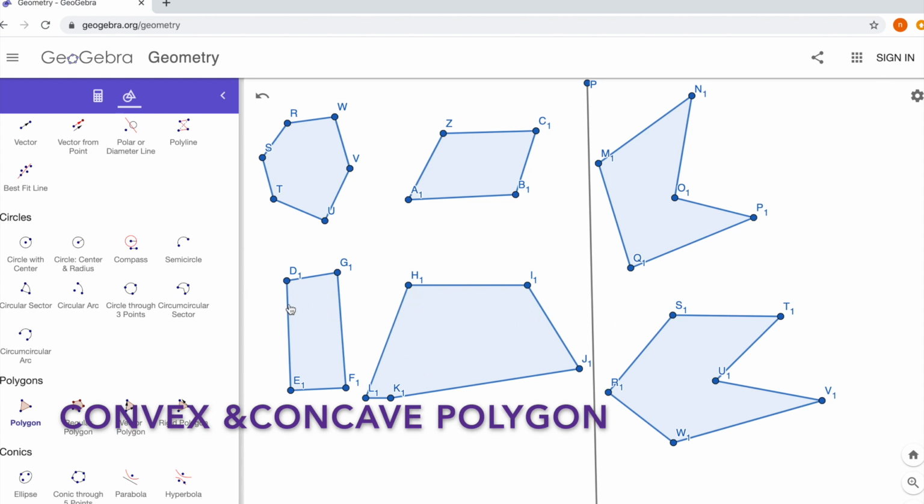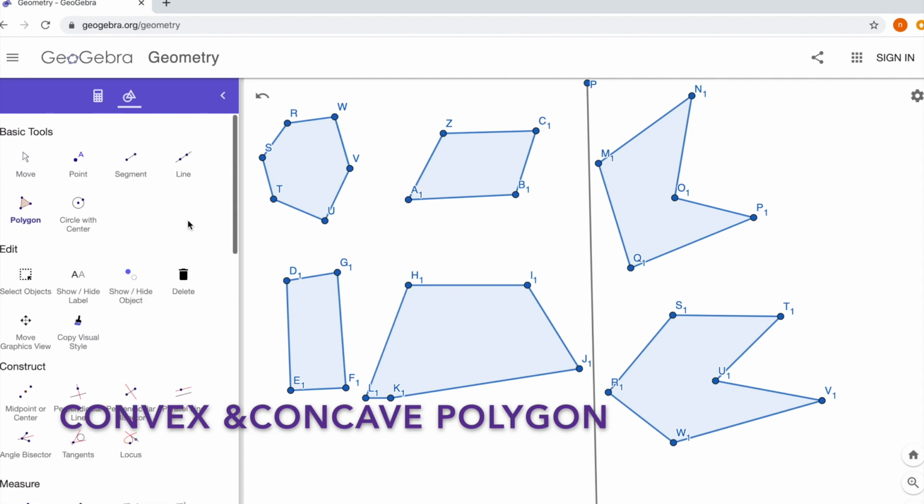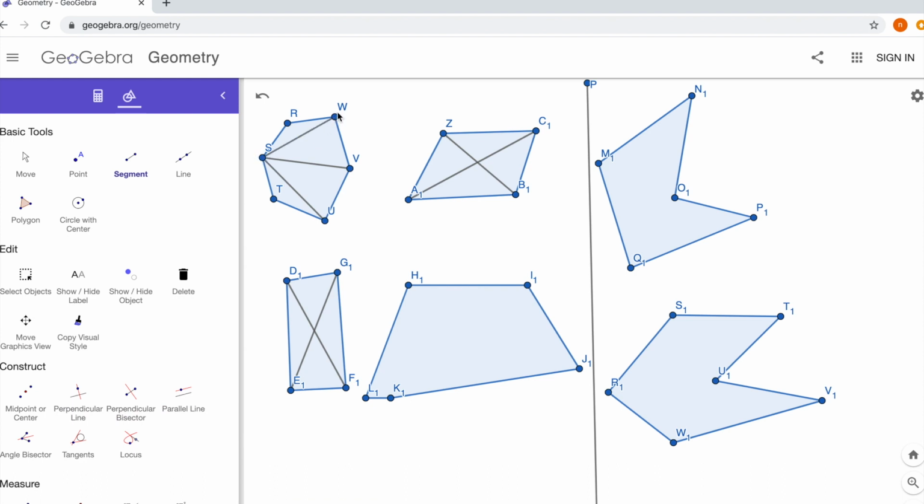So let us talk about diagonals. Let us draw the diagonals, and we know that a diagonal is a line segment which joins two non-consecutive or non-adjacent vertices. Here, a four-sided polygon, so there are two diagonals. It is a hexagon, so we have more diagonals as it has six sides. We have to join all vertices which are non-adjacent to each other.